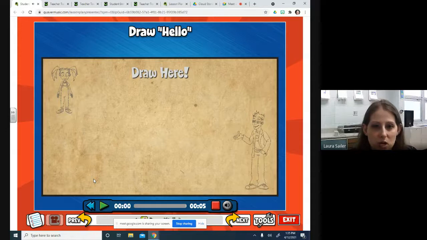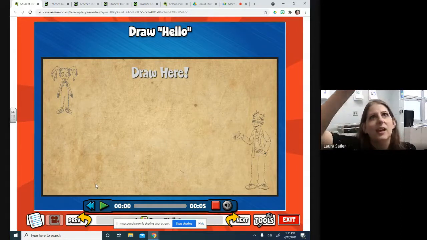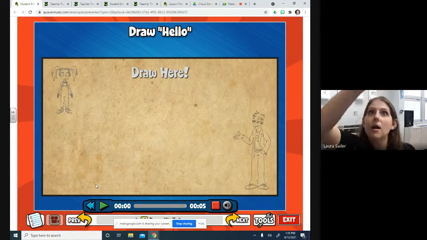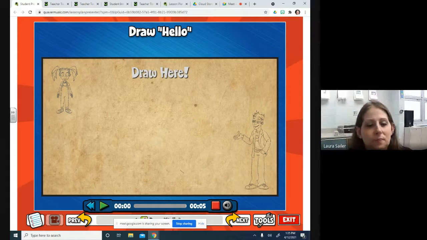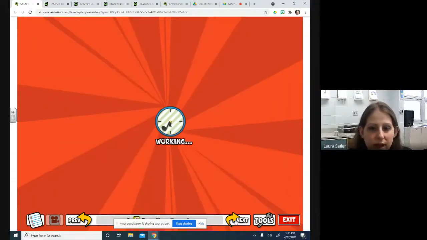Oh, so if I was drawing that, I might draw something that looks kind of like a camel's hump. Hello, because it goes up and then it goes back down, right? Okay, so once you've drawn that on your paper, you can use the back of that paper or a different piece of paper to do the next one.